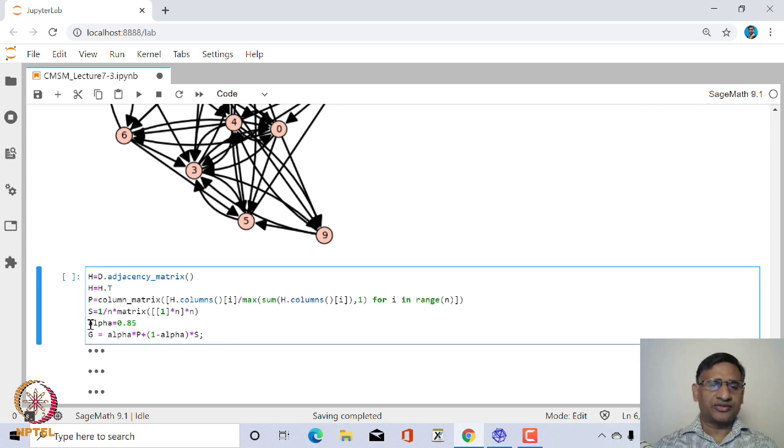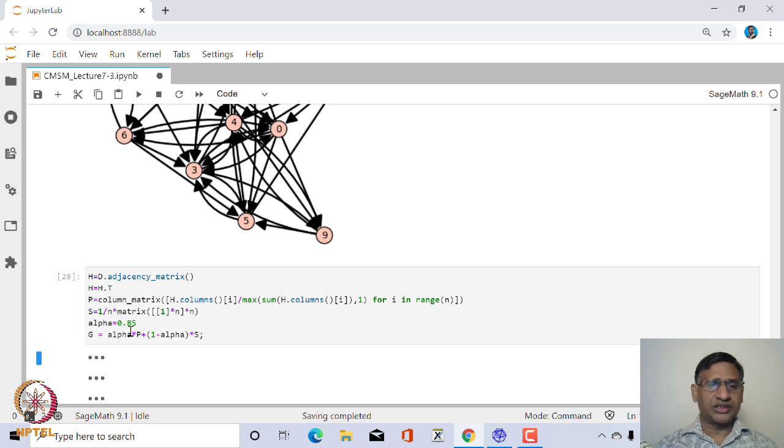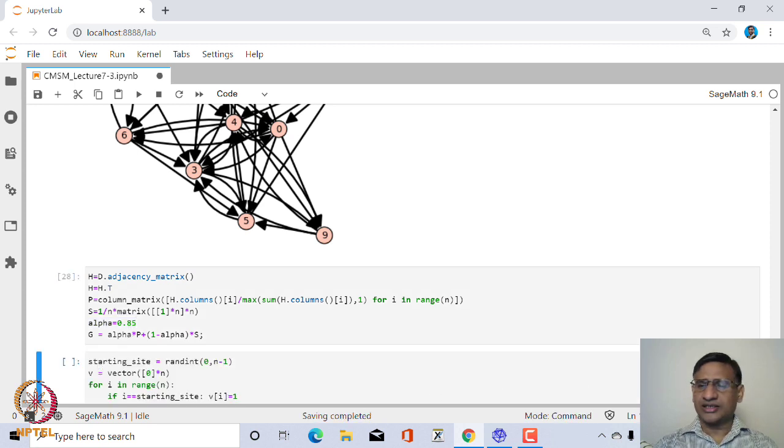Now if you see here, alpha is equal to 0.85, what it means is that about 85% of the times the user follows a link, and 15% of the times he uses either the back click, or closes the tab and goes to a new tab, that is what is called teleporting, right. So let us run this, and then let us again